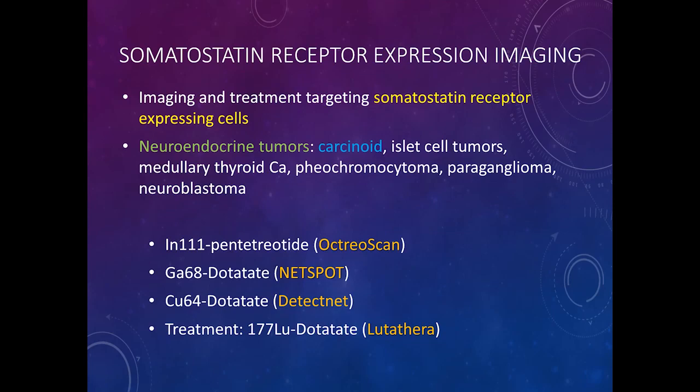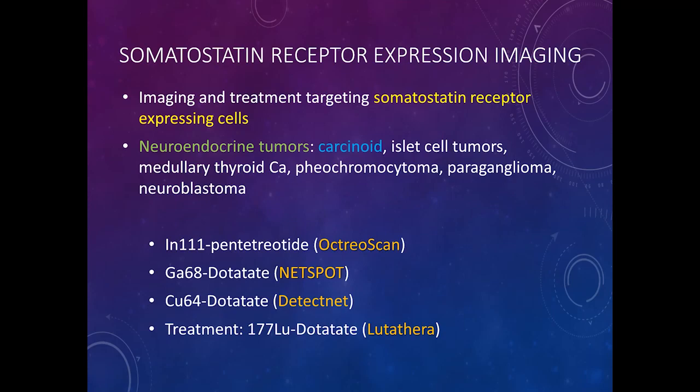I already mentioned that pheochromocytoma and neuroblastoma type tumors, sometimes they do not express much of norepinephrine receptors. But in those cases, they may express somatostatin receptor. So if you have a negative scan with MIBG, you can always try to image it with somatostatin receptor targeting radiotracers. The main radiotracers that FDA approved and used for imaging of this kind of tumors is indium-111 labeled